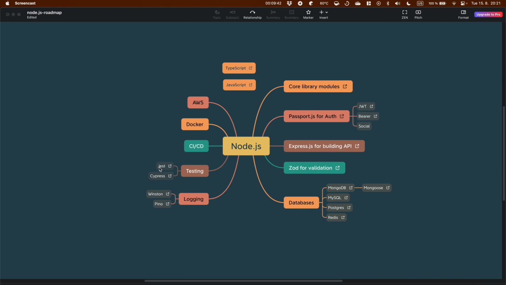Testing. Jest is one of the most popular libraries for testing, not only for Node.js, for front-end as well. So check the documentation, how to write tests, and always cover your code with tests. It is really useful. Often I hear that we do not write tests, it is a waste of time.